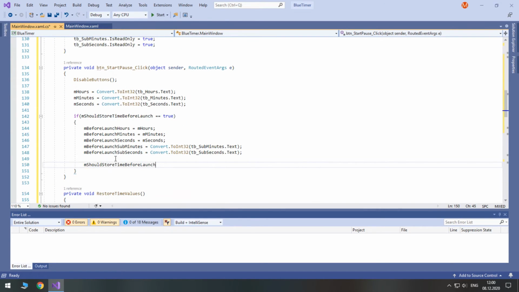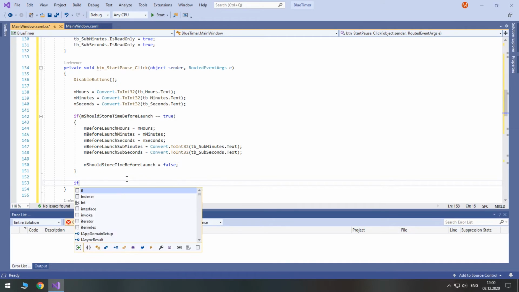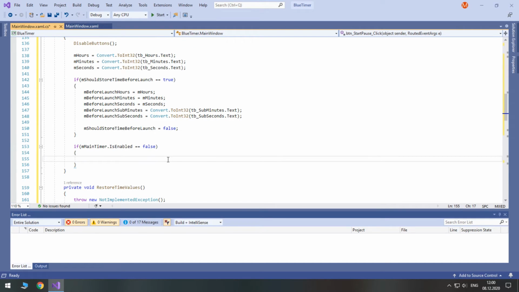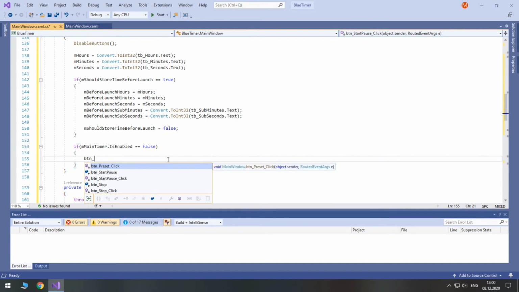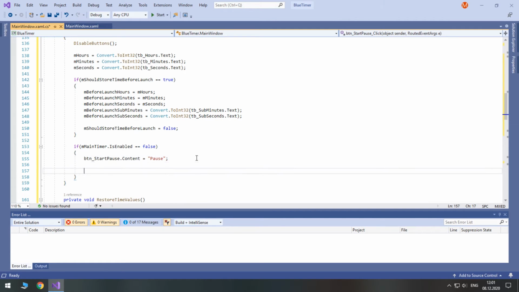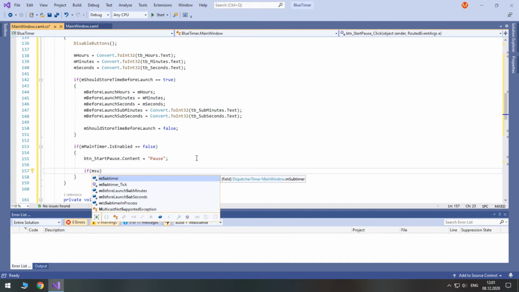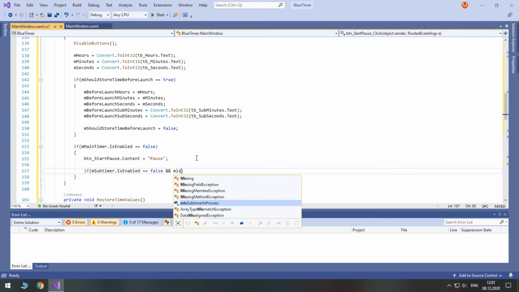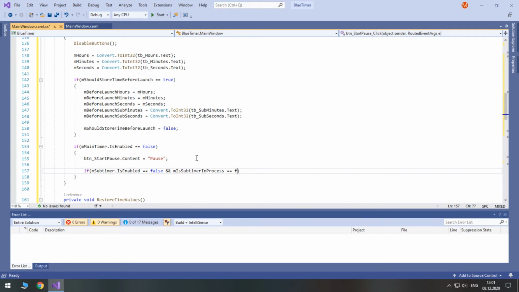and set the bool field to false in order to disallow storing current values if we continue. Then we check what was the timer state before pressing the button. If the timer wasn't working, we will turn it on and prepare the view. But we also should check if the subtimer isn't enabled and isn't working by using the AND operator with two ampersand characters.